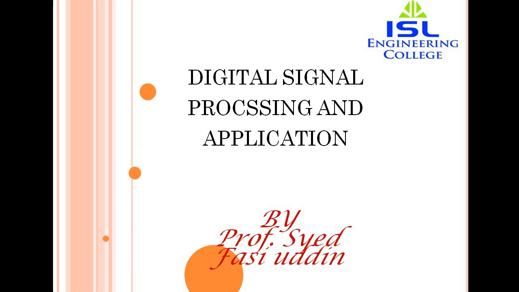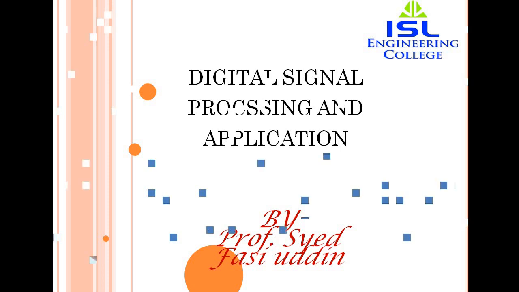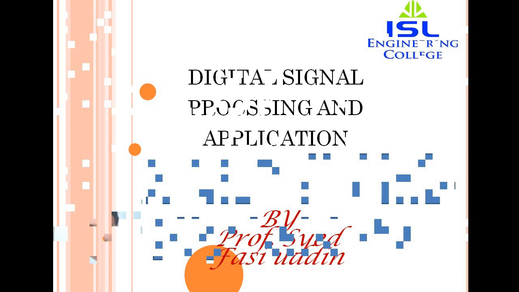In the previous class we talked about the signal processor, the difference between analog signal processor and digital signal processor, and we talked about the application part of it. We even learned how the processing of signal can be done by using the signaling system, and how the signaling system can vary from one form to another. In today's session, we are more concerned with the Z transform, the properties of Z transform, the application of Z transform, and the usage of Z transform.